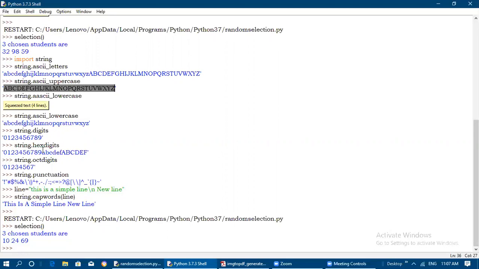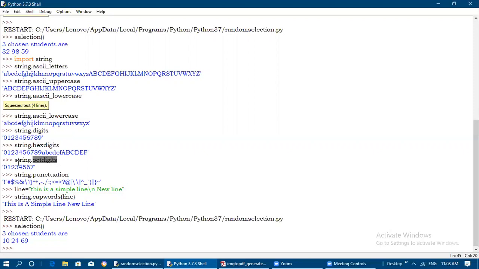If you want to display hexadecimal digits, after 9 it won't be 10, it will be treated as A. 10 is treated as A, 11 as B, 12 as C, 13 as D, 14 as E, and 15 as F. Even small letters and capital letters both can be included here in the case of hexadecimal digits after 9. And string.octdigits gives the octal digits, you need to give this name only. If you want to get octal digits only, you need to give that.